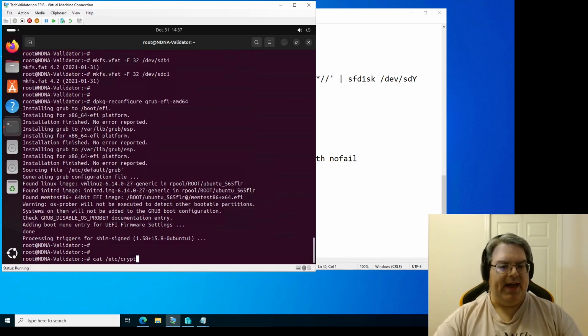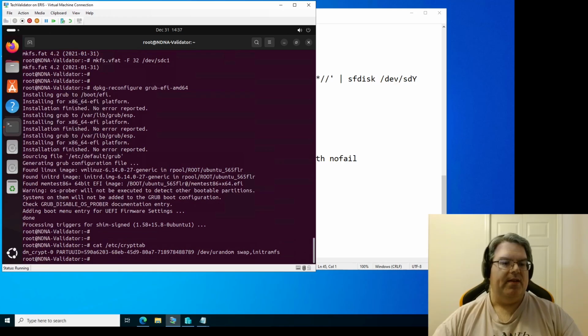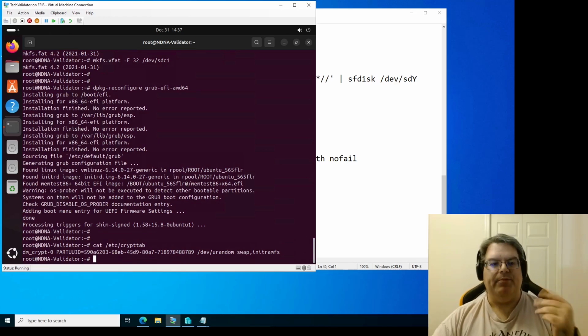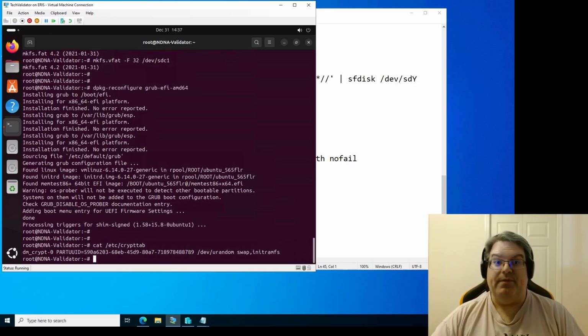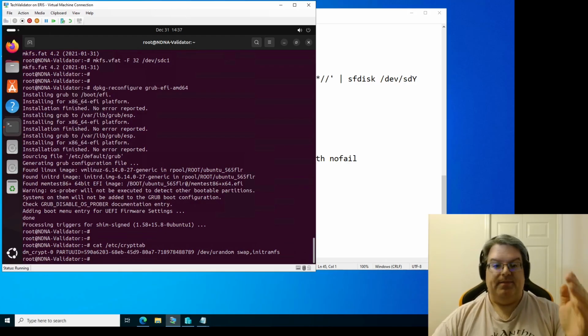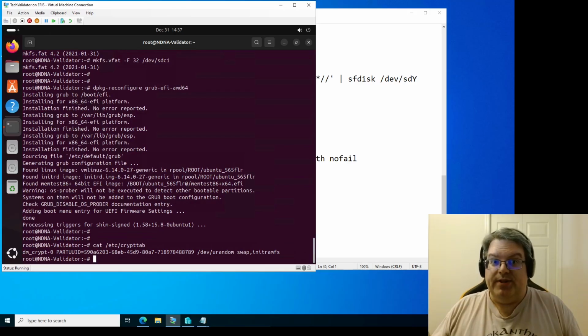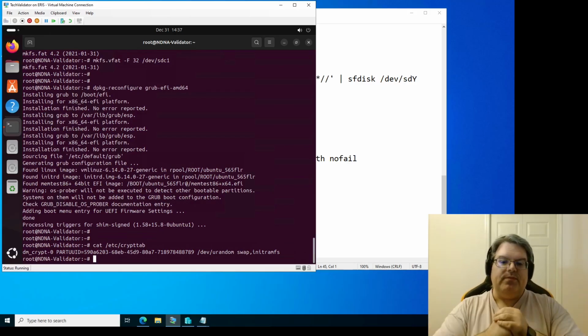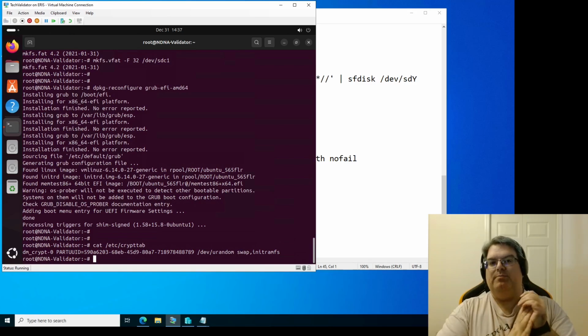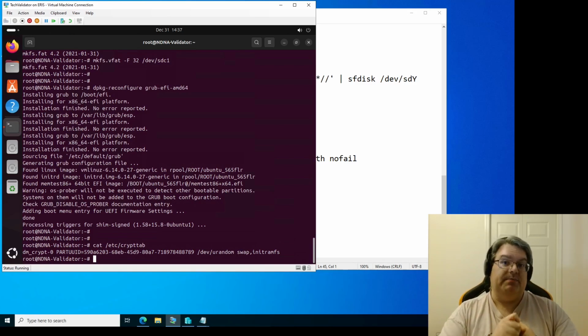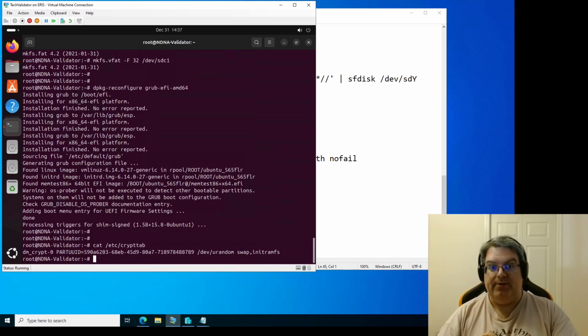If I take a look at my crypttab again, I can see that this is just dmcrypt-0. That's the name of the device, and then a partition UUID. The key file in this case is /dev/urandom. It's just a random string every time. And it's labeled with the options for swap, which causes it to be cleared every time it's reloaded, and initramfs,